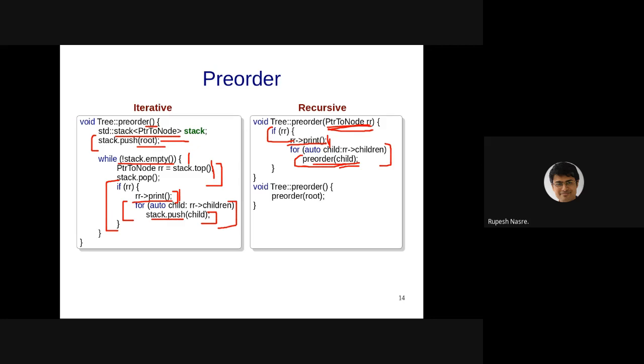Whereas if I use a queue, I'm going to push 2 and 3 to the queue. And after that, when I'm processing 2, I'm going to push 4 at the end after 3, and therefore it is going to print in level order fashion. It will print 1, then 2, 3, and then 4. It's not going to print 4 before 3, which is what a pre-order traversal expects. So using a queue is not a good idea, but you should use a stack, and you can reverse the children order. Good. Any other concerns, questions here?